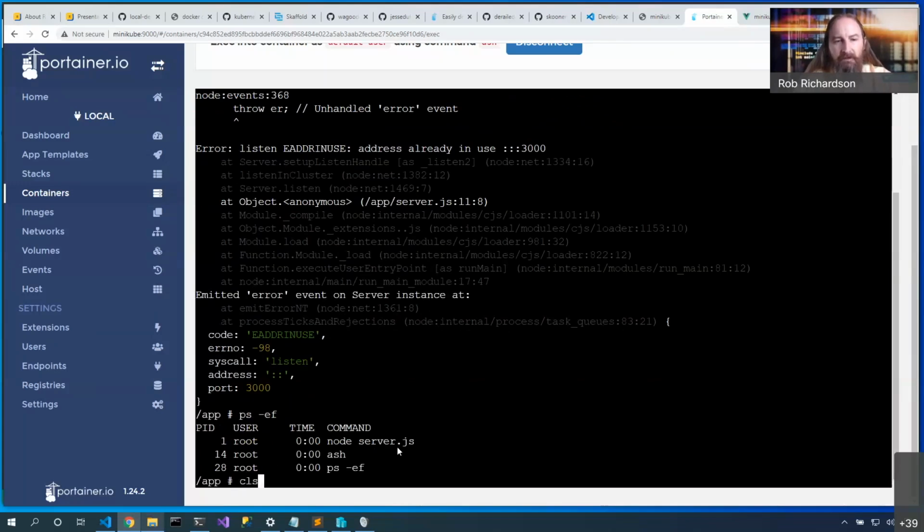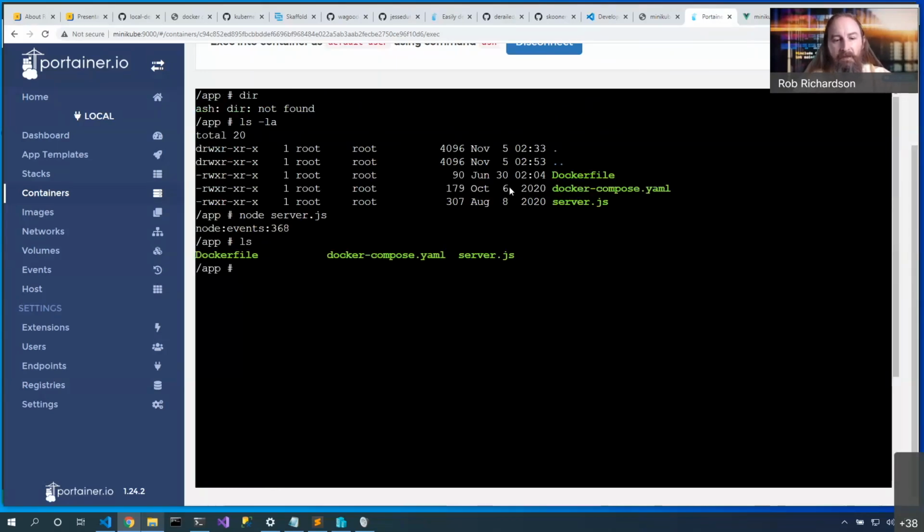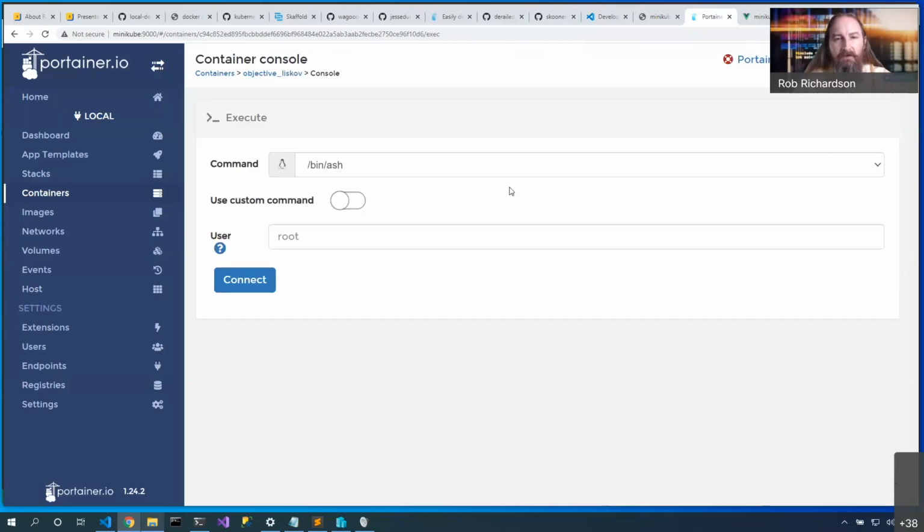Now, this can be really helpful if, for example, we want to say, did we start in the wrong folder? Did we copy the content into the wrong folder? Is our configuration not quite right? We do want to avoid changing our container contents. This is not the way to do last mile configuration, but we can take a look at our container and validate that our container is running as expected. Once I'm done, I'm going to exit out of here and I'm back to my web browser.